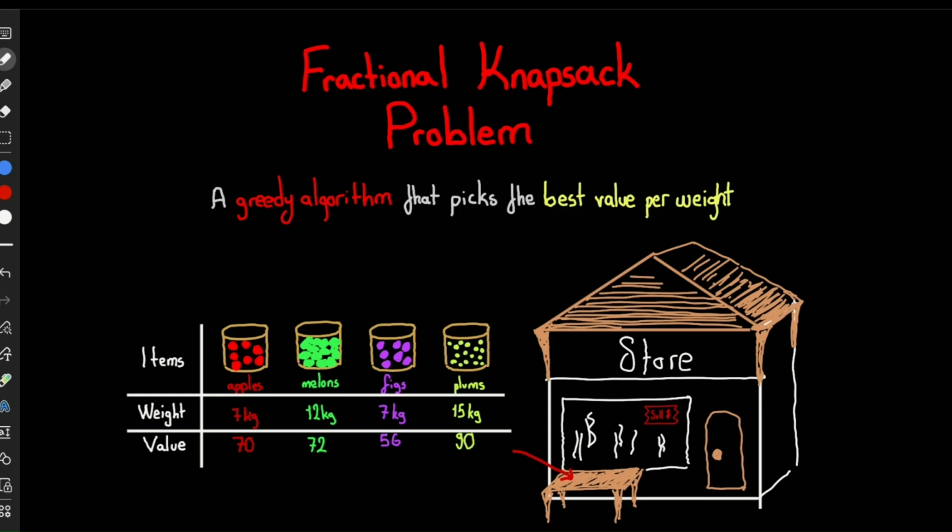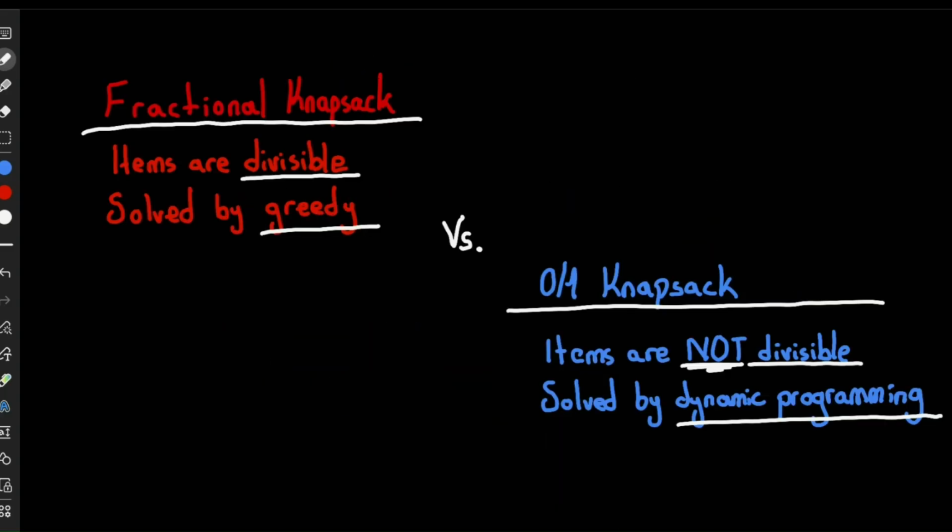Today we are learning the fractional knapsack problem. It is similar to 0 or 1 knapsack, but with one key difference. As you know, in 0 or 1 knapsack problem, we could either take the item or not. We weren't able to take it partially. But in fractional knapsack, we can take the item partially since the items are divisible, which is totally changing the